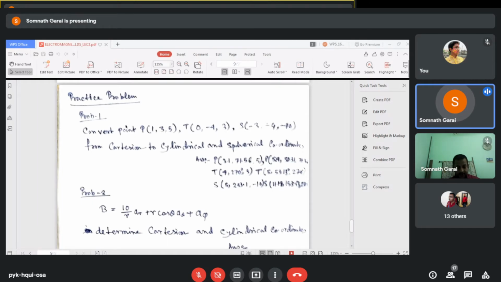This phi is situated in the fourth quadrant. Which one, sir? The value of phi of S, that is minus 4, minus 3. That means it's situated in the fourth quadrant, is it not? So in the fourth quadrant, the argument usually will be 2 pi minus theta, according to complex numbers. Right? So you will check it. Z is equal to minus 10. Okay, please check it.